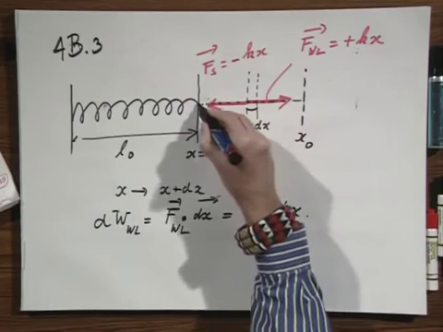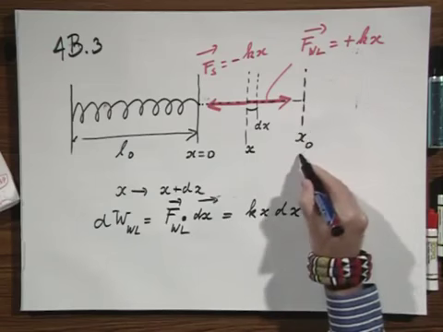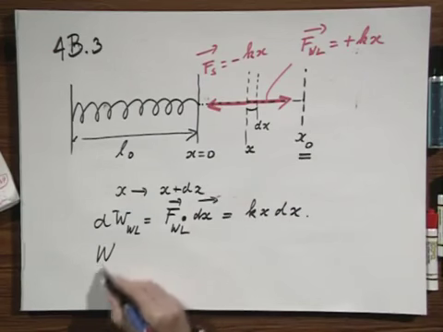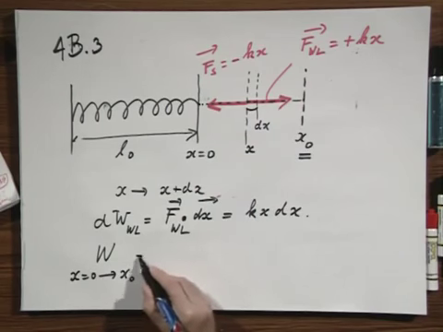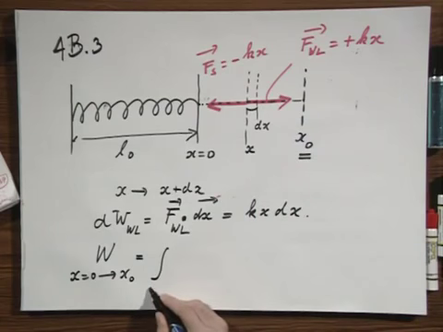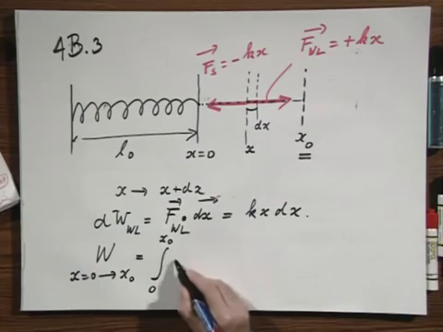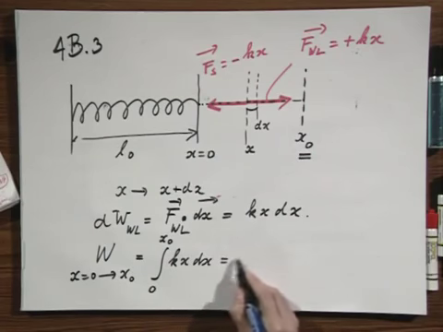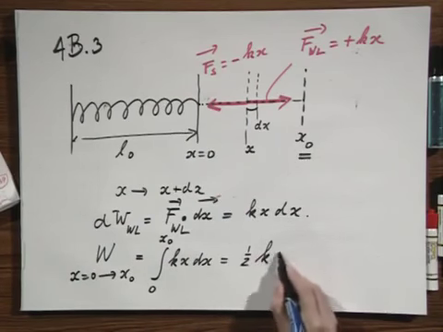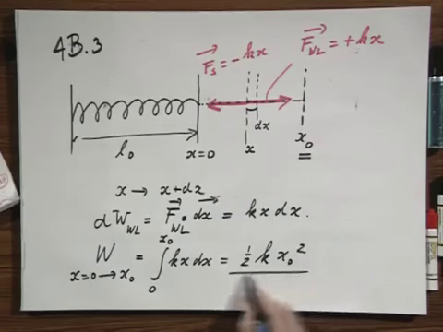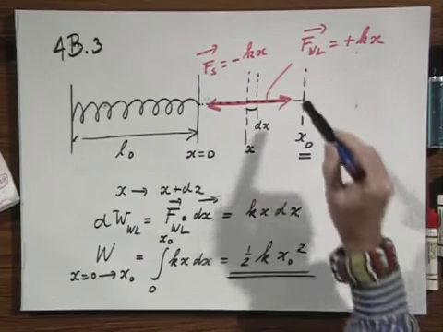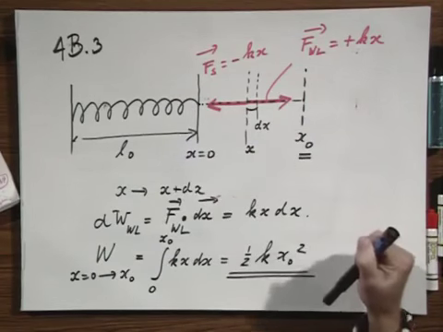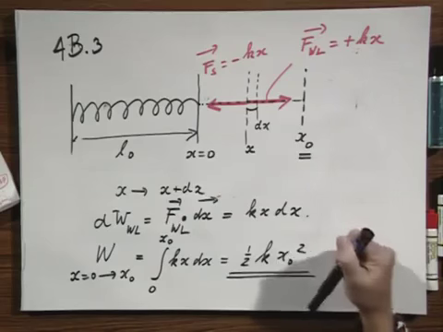Now I'm going to calculate all the work I have to do to bring it to x0. That is the total work to bring it from x equals 0 to x0, and that is the integral from x equals 0 to x0 of kx dx, and that equals 1/2 k x0 squared. It's the work that I have to do between here, and that is per definition the potential energy between here